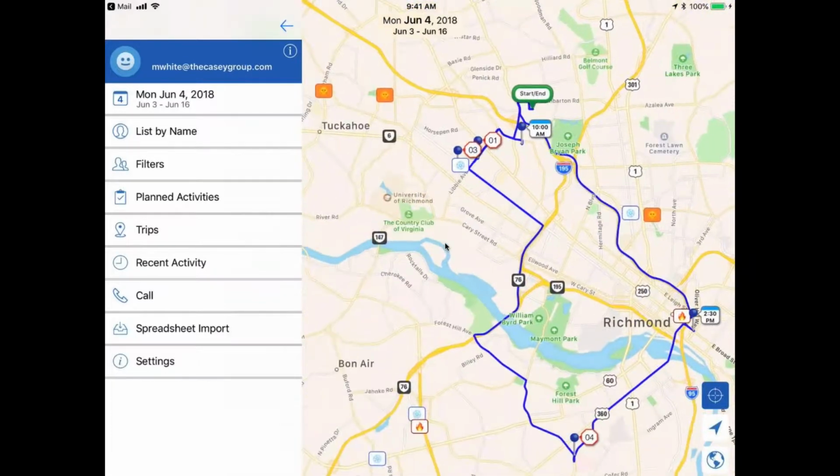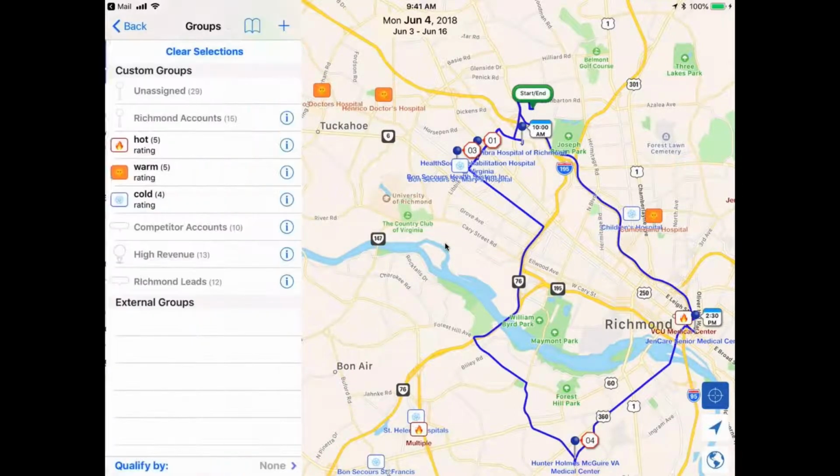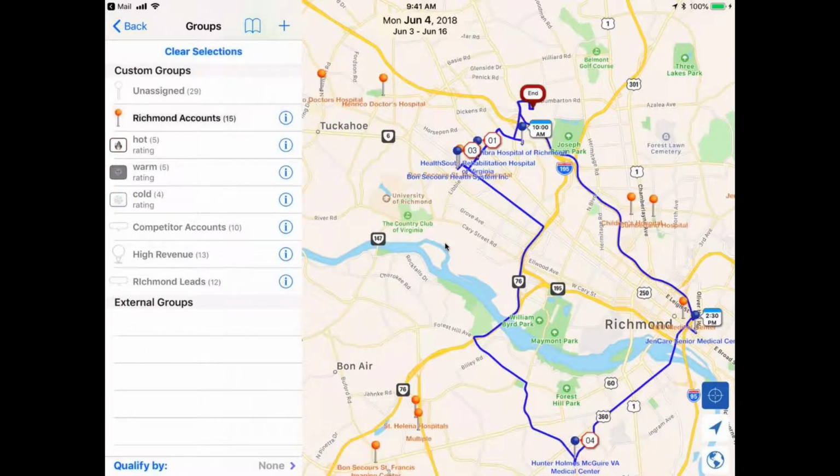The answer is you will always have a pin, and in this case, what Marianne showed was an orange pin. That will always be the name of your spreadsheet, so that will continue. So we don't necessarily overwrite or delete information. If you really just want to add it to a running list, I would recommend adding it to a group you have existing in the step 1 of the spreadsheet import process.